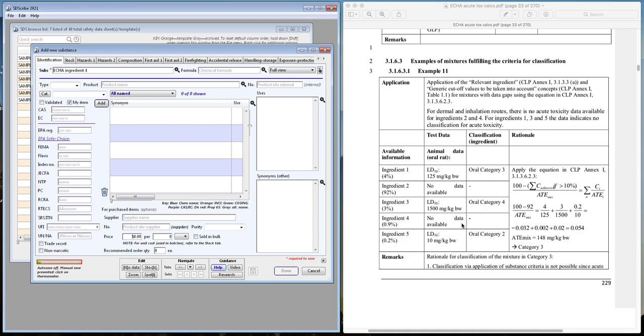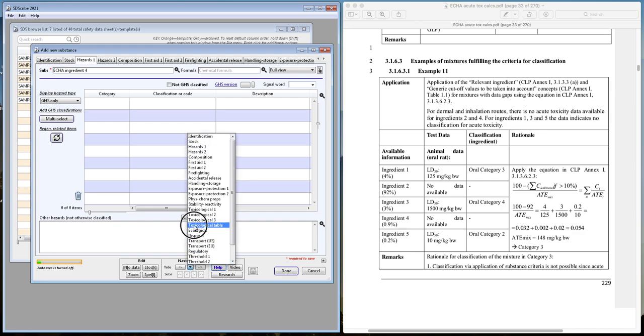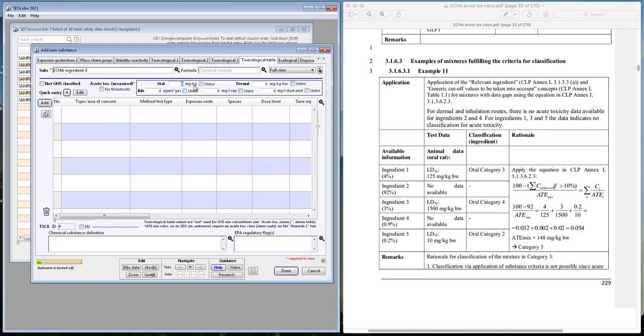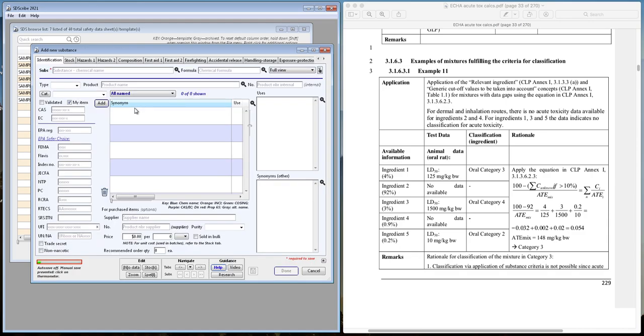And for that one we have again an unknown. So we're not going to put in a hazard. Instead, we're going to go to the toxicological table and again check unknown. So it's unknown for acute oral toxicity. Click done to close. And now we're going to add our last ingredient, which looks like our most toxic one,